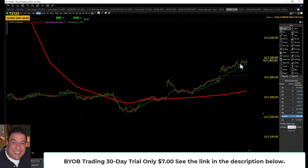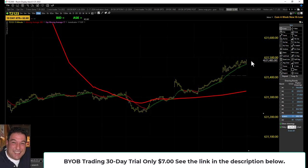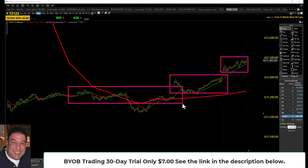All right, so that was nice work on the bulls part. Hope they can keep this up. Because what we got so far is, you can see we got consolidation over consolidation. Here's our consolidation, and right there. So as we go up, we get consolidation. Then we get consolidation over consolidation. More consolidation over prior consolidation. And now we got